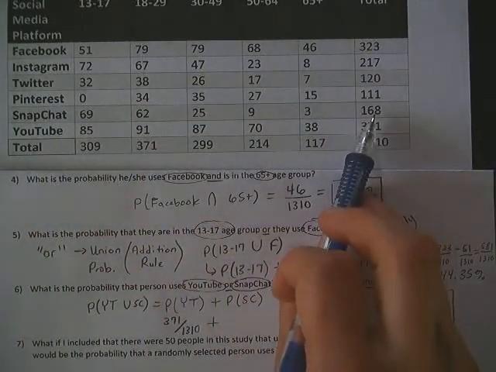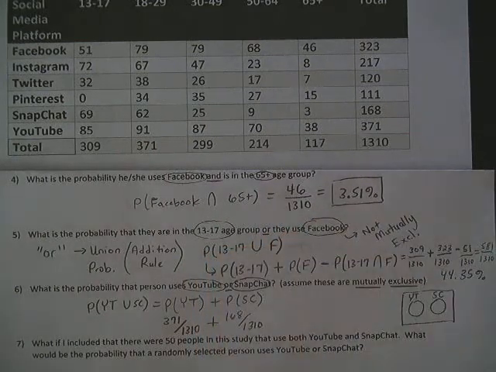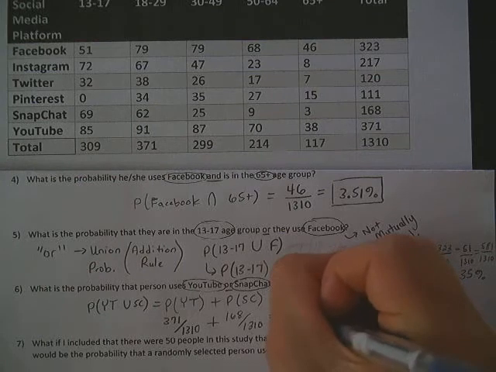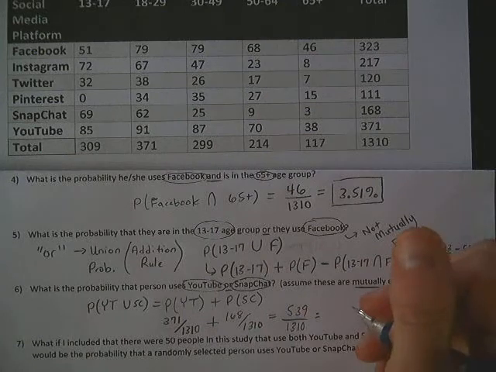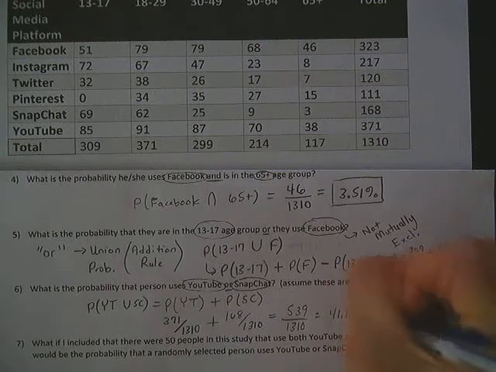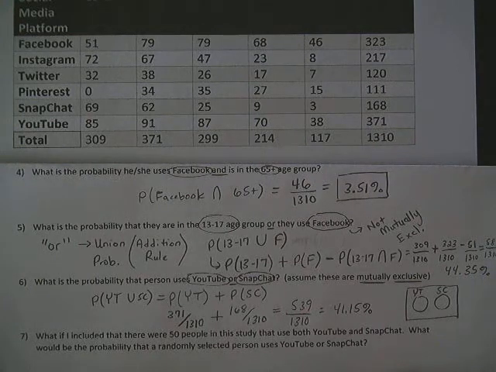Snapchat, there's 168 people out of the total that use Snapchat. And then that's it, because they told you that there's nobody that used both, or they want you to assume that. And so then you just have to add them. And when you add those two, you get 539 out of 1310. And then if you type that in and get the percentage from that, you end up getting 41.15%. So if there's nobody that uses both, you'd have a 41.15% chance of getting somebody that uses YouTube or